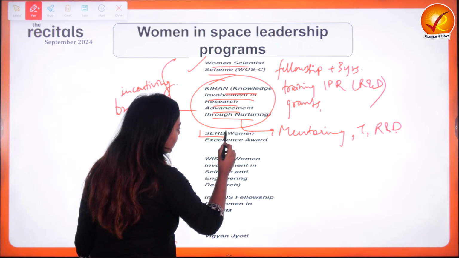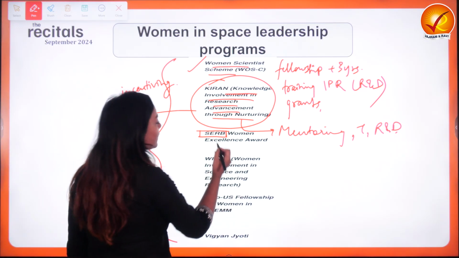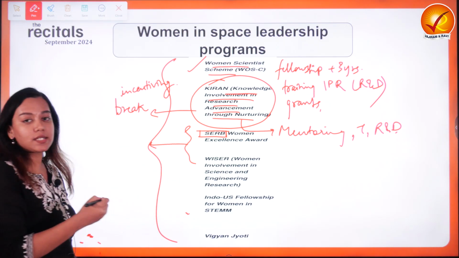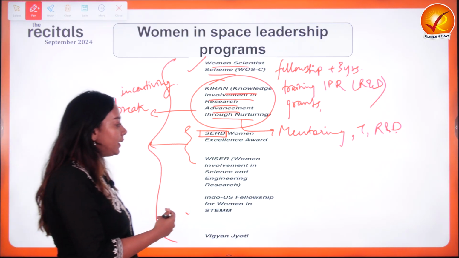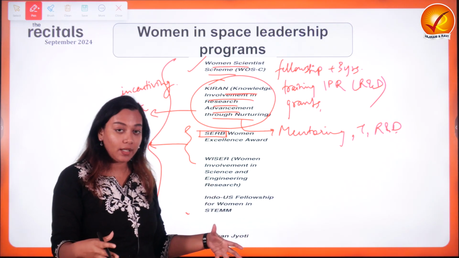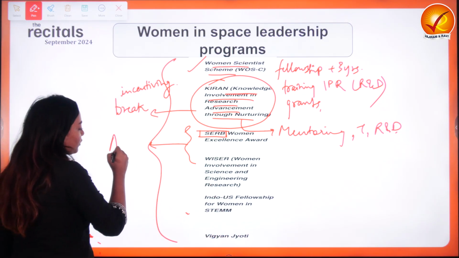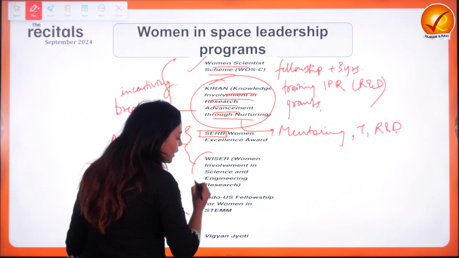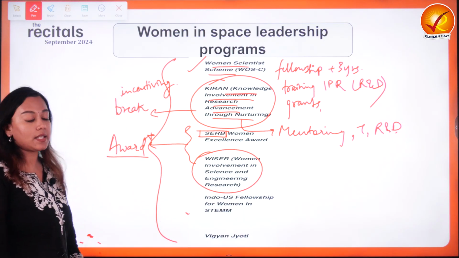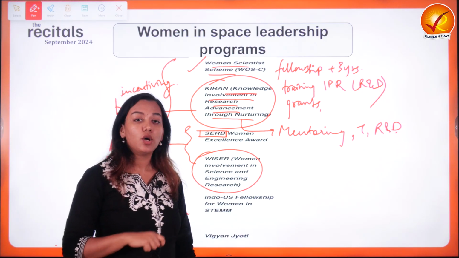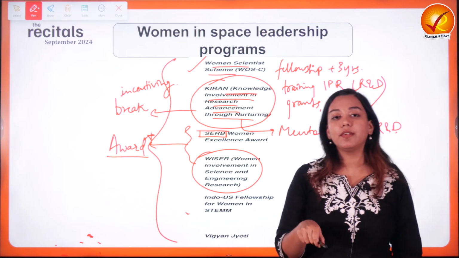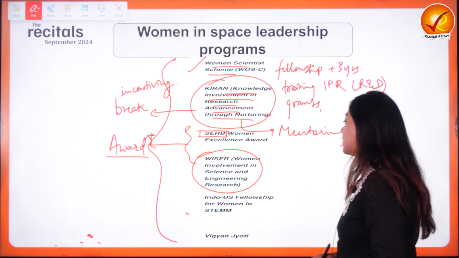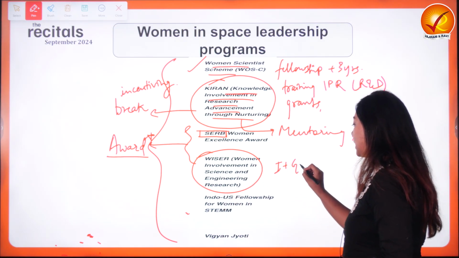Next is another scheme by SERB, which is the Science and Engineering Research Board of India. SERB incentivizes or promotes the women who've been delivering groundbreaking work in the STEM field through awards. Then there is international collaboration. For example, the WISER. This is an international collaboration between India and Germany, which gives women scientists up to 12 lakh of grants for supporting their fellowship and their research projects. So this is an Indo-German collaboration.